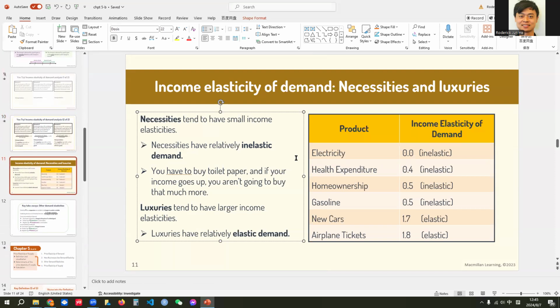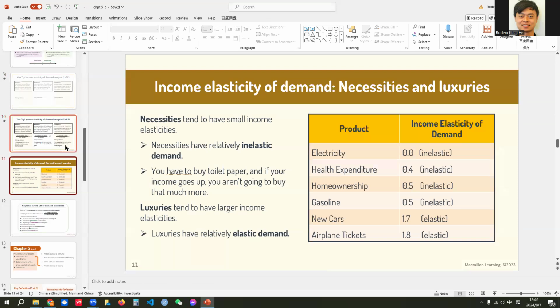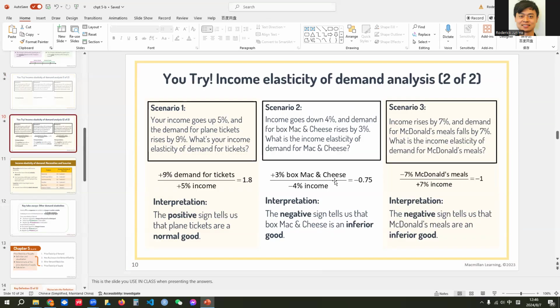And we use the elasticity versus inelasticity. Again, that is to compare the absolute value to 1, right? So the first case is positive, elastic. The second case is negative, inelastic, because the absolute value is smaller than 1. The third one is a unique case, which is negative unitary elastic, which is the watershed to divide the case